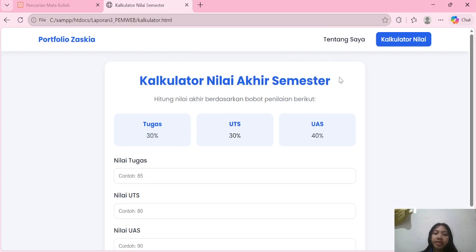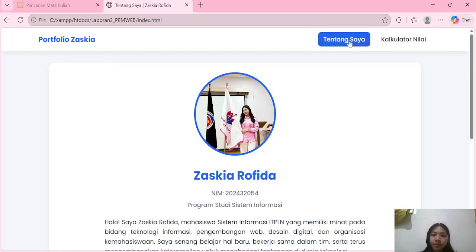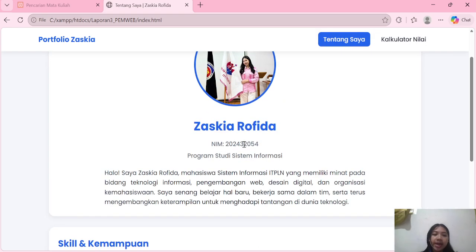Below the navigation bar, there is a hero section. In this section, I display my profile photo using the img tag, my full name, my student ID, my study program, and a short biography.